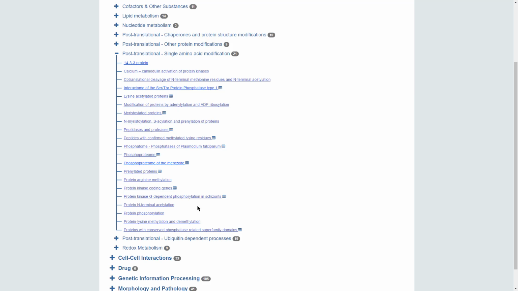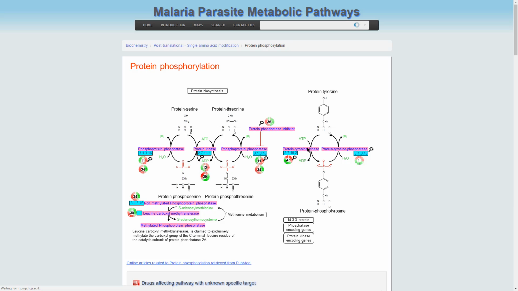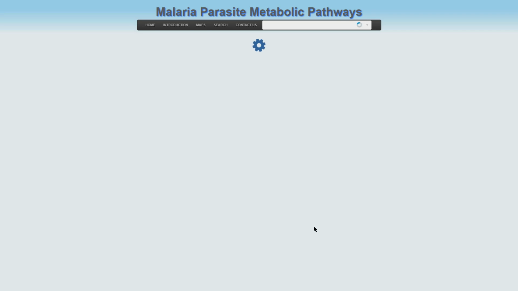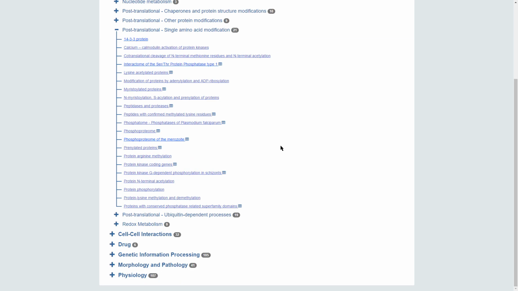Let's go first to a very familiar reaction. This is the phosphorylation of protein, either serine or threonine, by protein kinase and their subsequent dephosphorylation, or the phosphorylation of tyrosine by specific kinase and its dephosphorylation. We can now go to the phosphoproteome,